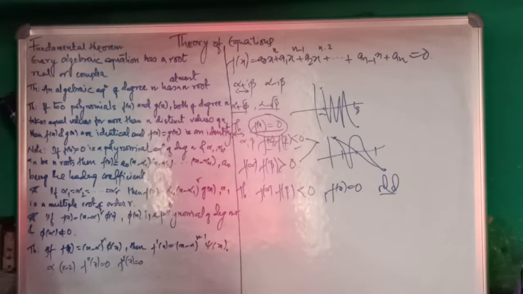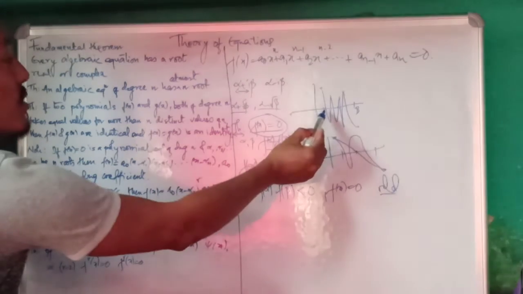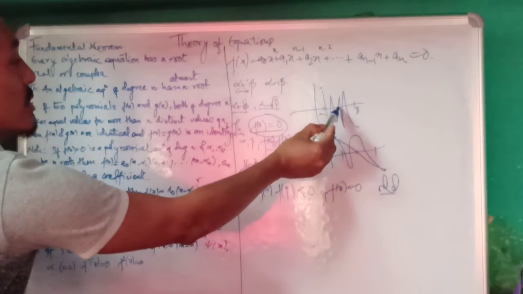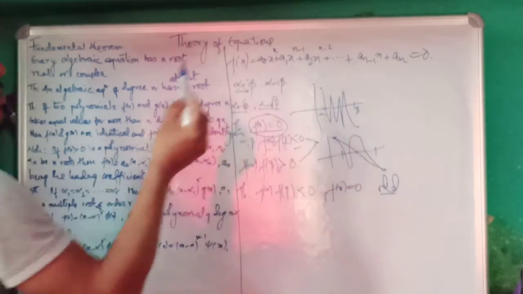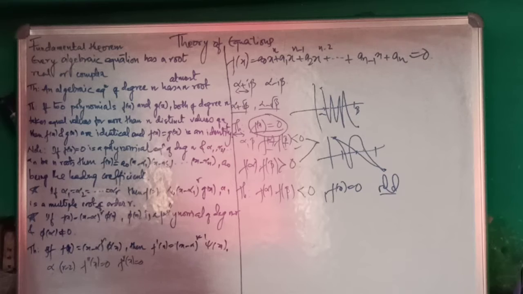So the crossing is odd always. You will never get an even number of crossings. Remember that. In this case 1, 2, 3, 4, 5, 6, 7 crossings. So there will always occur an odd number of crossings. That's why an odd number of